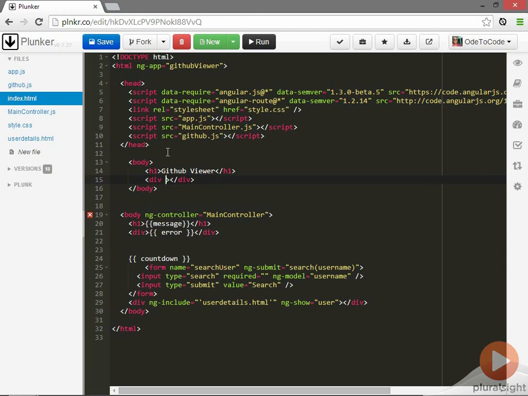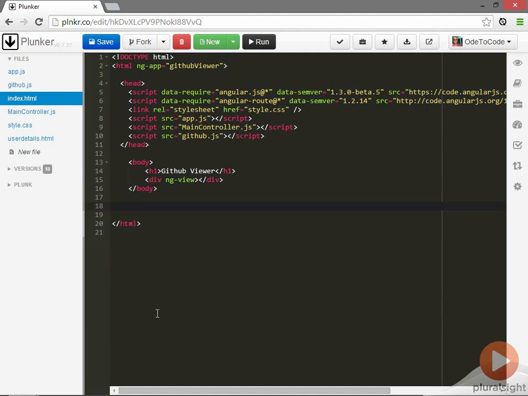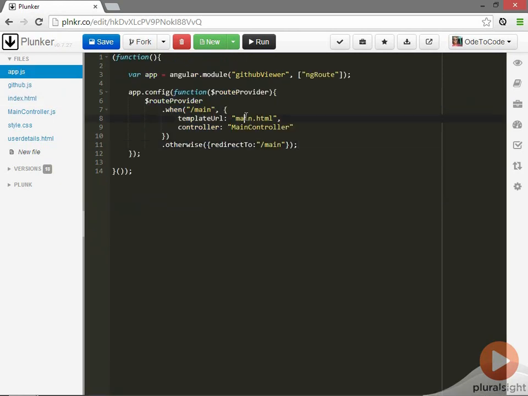I will put in an ng-view directive. So that is where the routing engine will load these different templates. And now this existing markup that I have inside of here, I'm going to need to change it around a bit, but I'm going to cut it out of this page. This is all we need now inside of index.html. I'm going to take that HTML and put it inside of main.html and set it up so that it works correctly. But this is a new file,